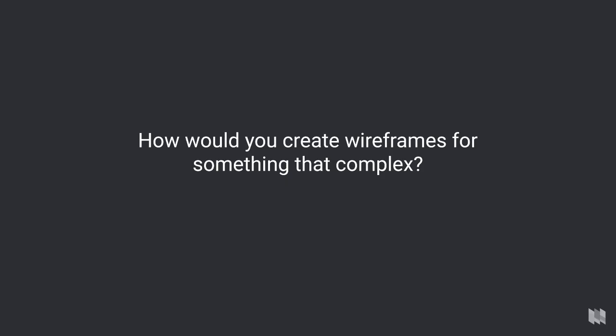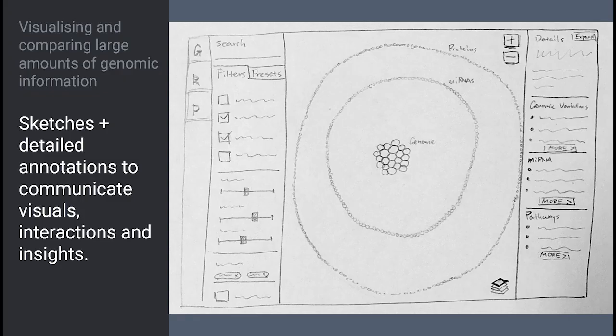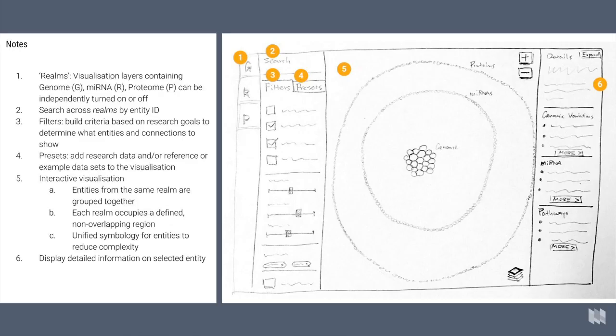So how would we create wireframe for something that is that complex? The answer, or at least our approach and our answer is, you don't. So instead what we did is we created sketches with very detailed annotations to communicate the visuals, the interactions, and the sort of data insights that it would get. So it looked like this, like the slide with notes to the left and the